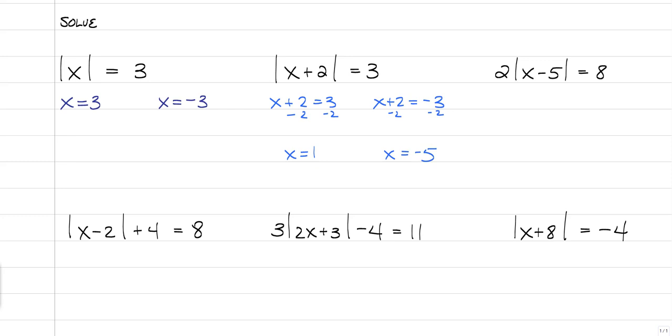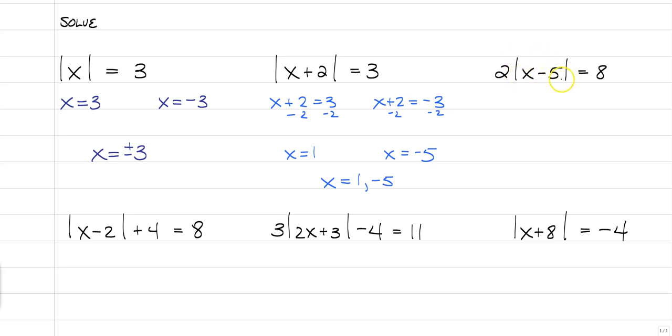Now what you could do to write your final answer, if you have plus or minus, you can just say x is equal to positive or negative 3. And for this, if you have two of them, you can say x is equal to 1 or a negative 5. Okay? Now before you split and you set something equal to 8 or a negative 8,